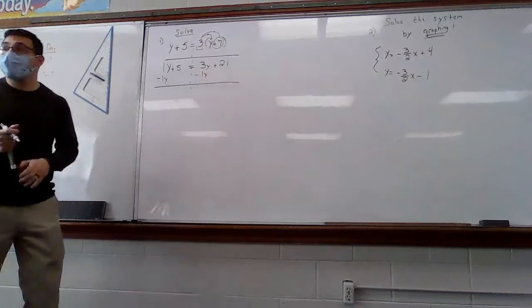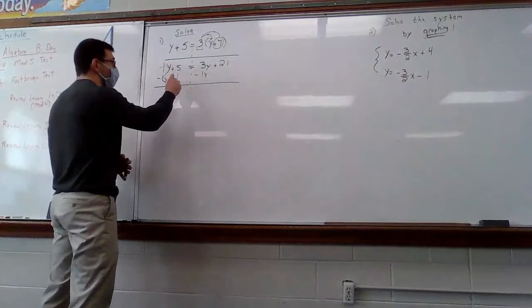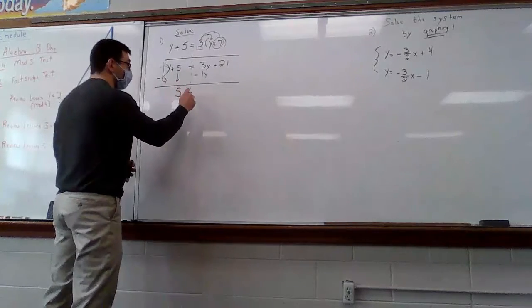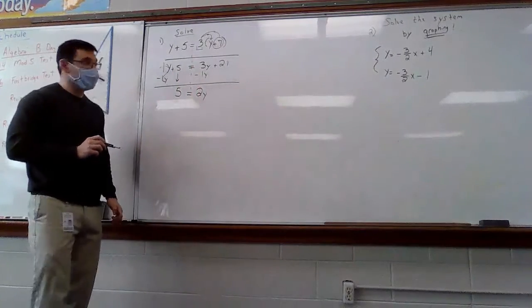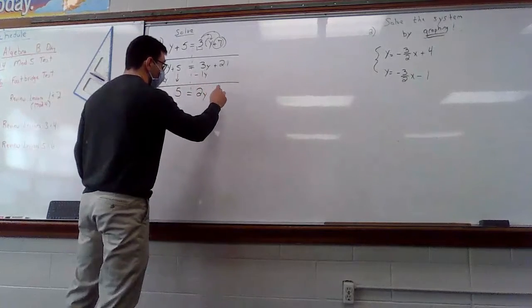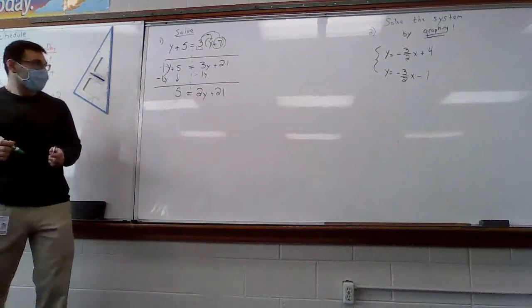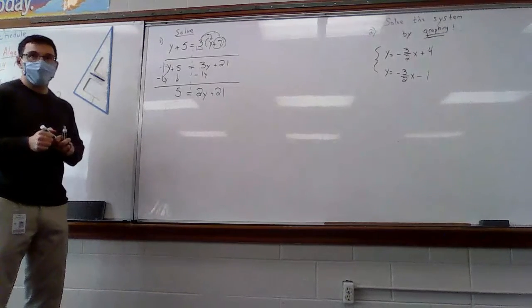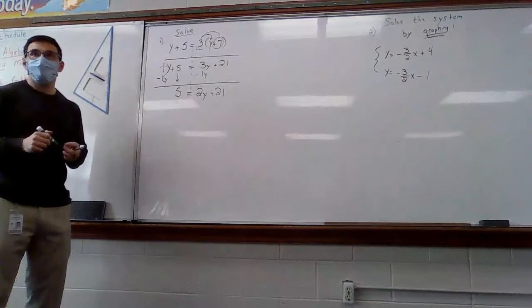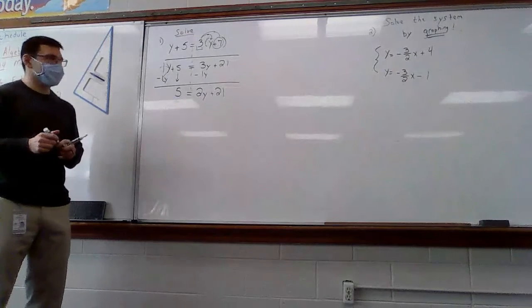Perfect. So now we're combining the variables on opposite sides. 1y minus 1y is 0 y's. That leaves me with just 5. 3y minus 1 y's leaves me with 2 y's plus 21. Okay. Well, now we're back to an easier equation. Ms. Meeks, now what? We have to isolate the variable. Not yet. Or no,